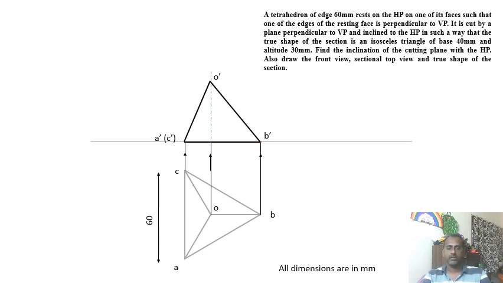Now comes the difference. We are not clearly given information related to placing the cutting plane. It just said that there is a cutting plane, but the final shape is an isosceles triangle. You know that suppose the final shape is an isosceles triangle like this, then this is the base of the isosceles triangle. Where that will come in the sectional top view, you can easily pick that it will come somewhere here.